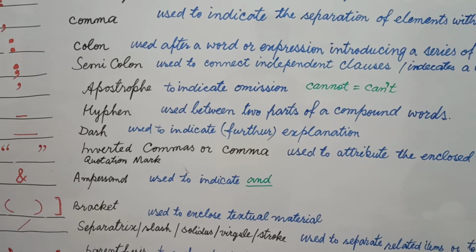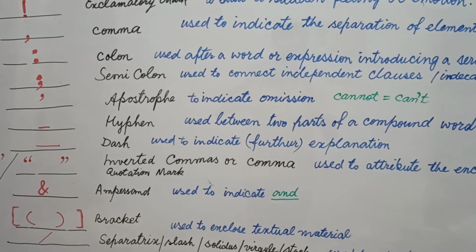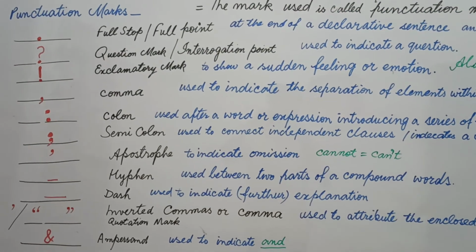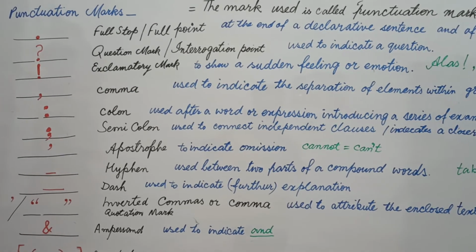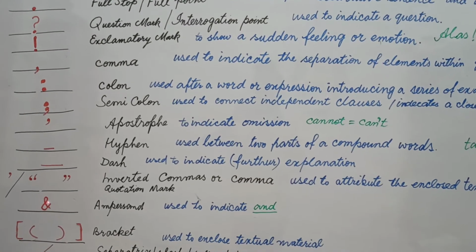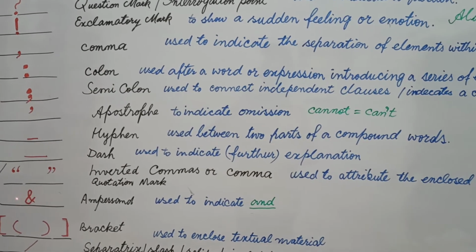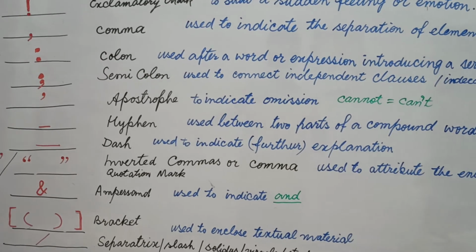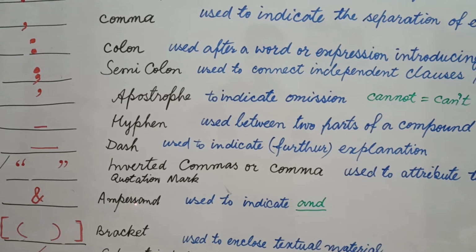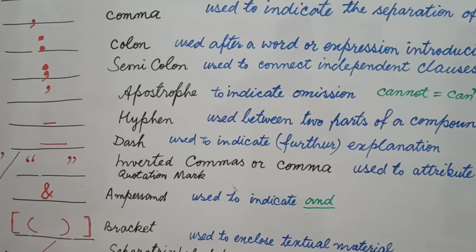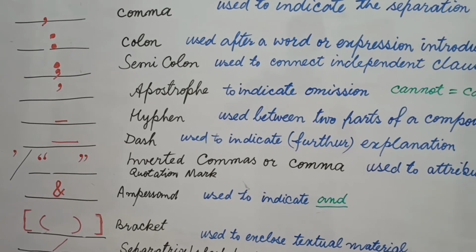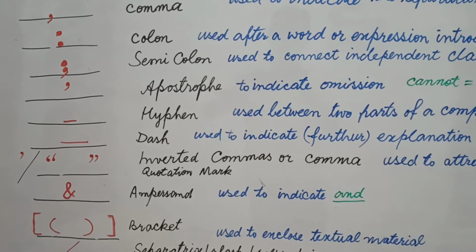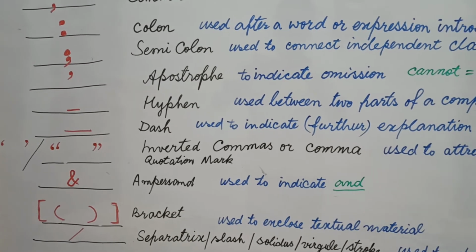In another lecture, students, we will describe all these punctuation marks with examples, and you will understand it clearly. Basically, the meaning here is just to make you understand the names of these punctuation marks. Now let's understand the picture and the name of another punctuation mark. It looks like S, but students, it is called ampersand. Students, this punctuation mark is used to indicate 'and' and it is used commercially. Commercially means for business purposes, just like Rohit and Sons in the names of companies.